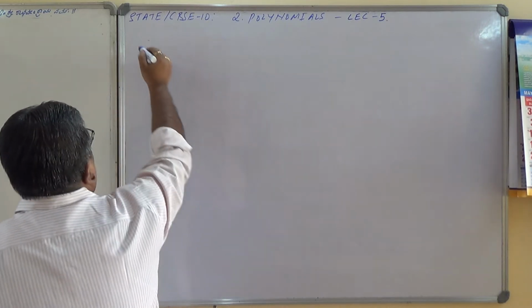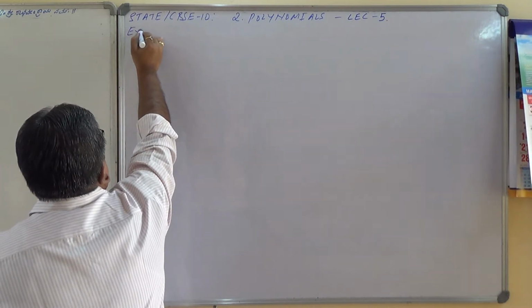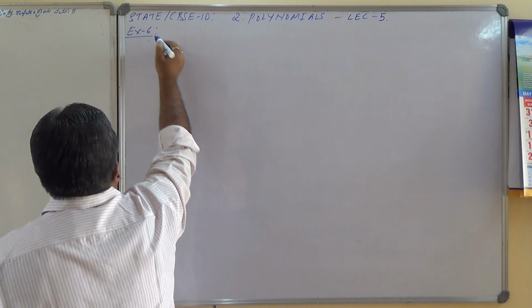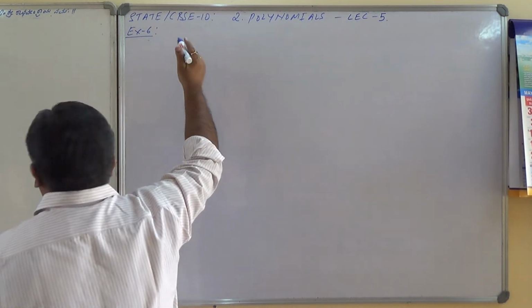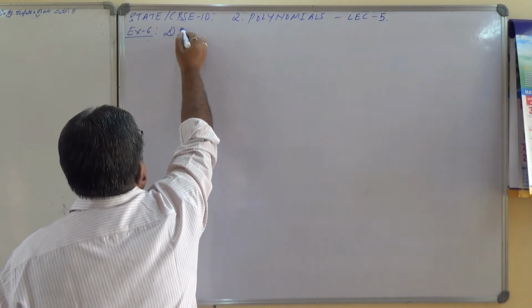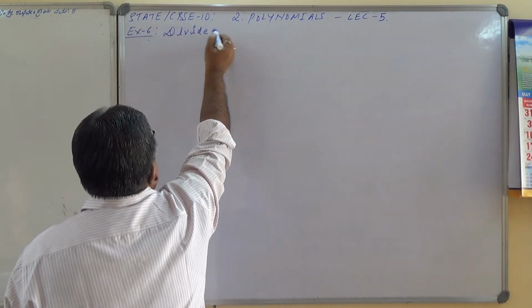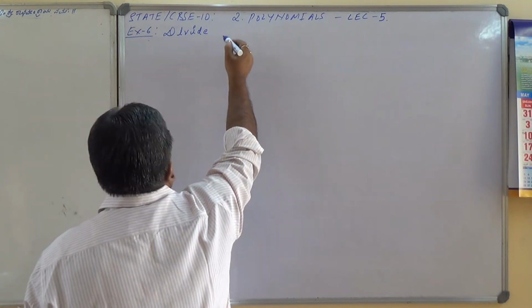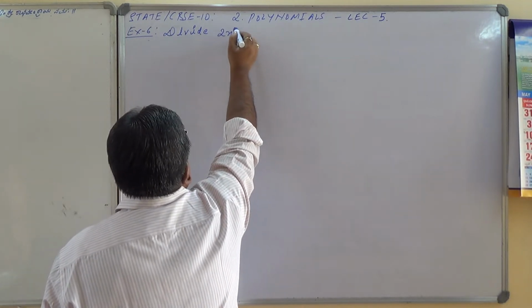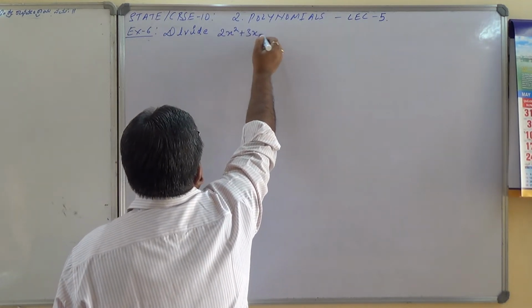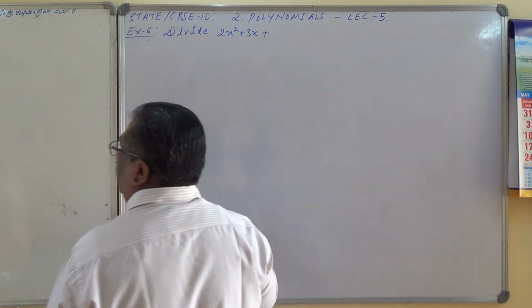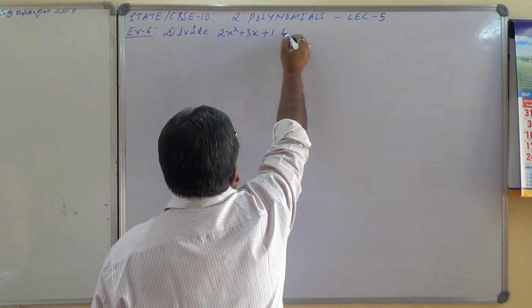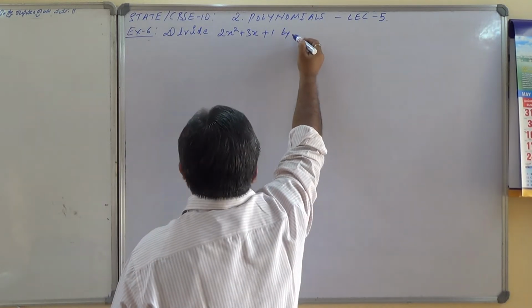Question goes like this. Example number 6 of your textbook. Divide two x square plus 3x plus 1 by x plus 2